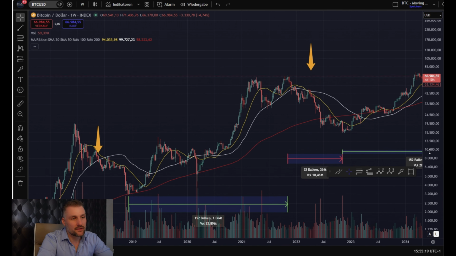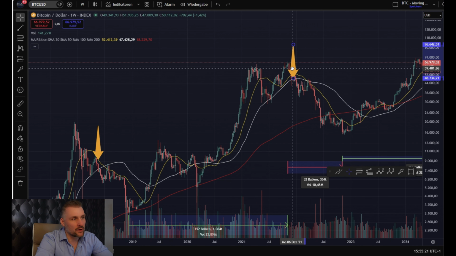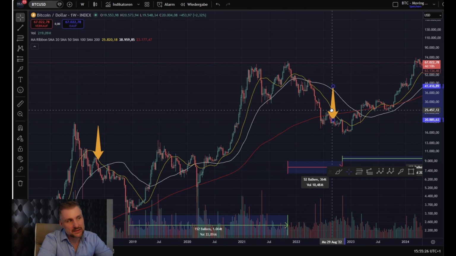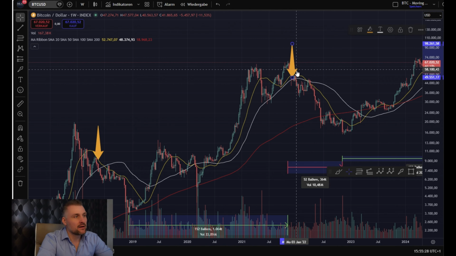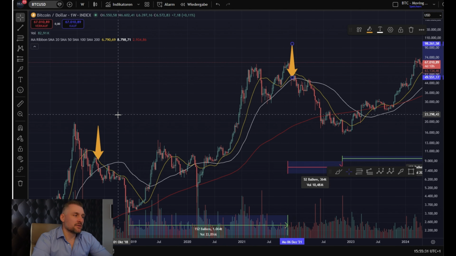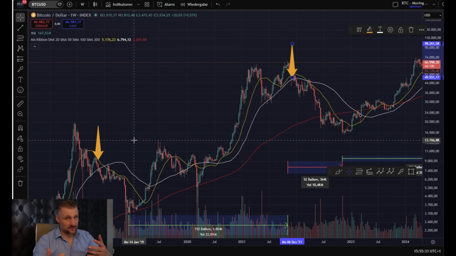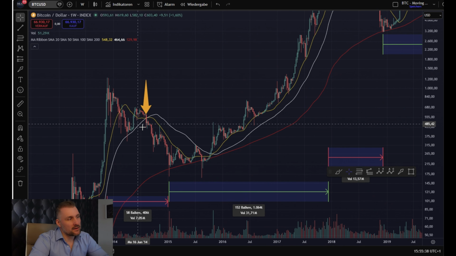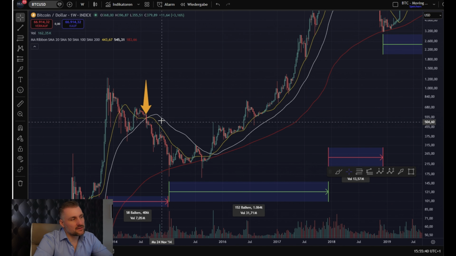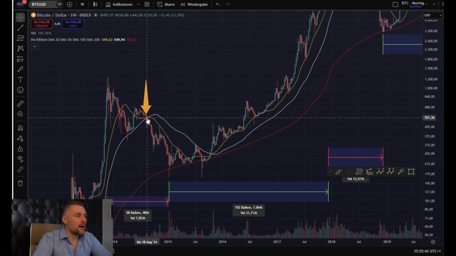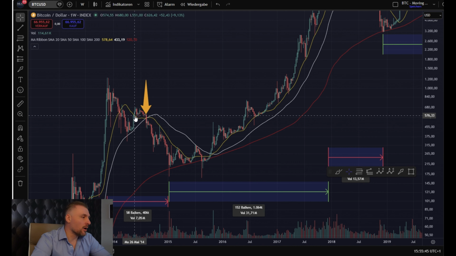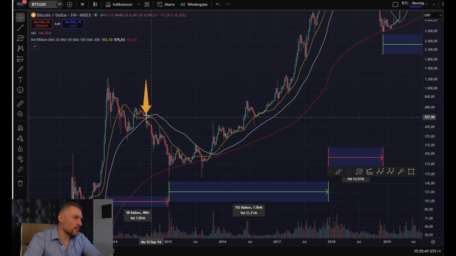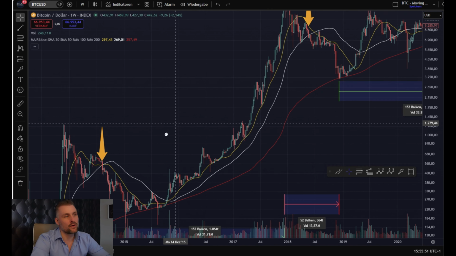And there you can see it. We got a close below the white line, and then we entered the bear market right there. And the actual confirmation that we really entered the bear market was here. Here's not really clear, but a test from below, and then the crossover of the 20-week moving average to the 50-week moving average.